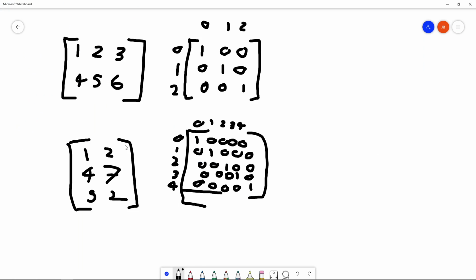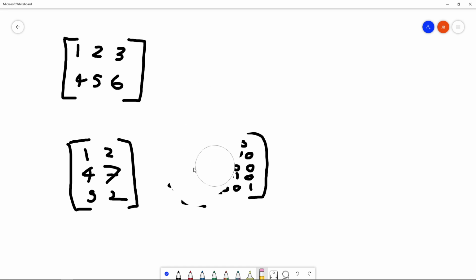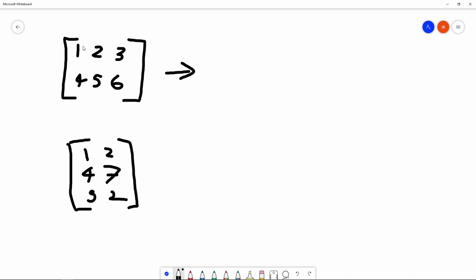Let's go back to our drawing. In this example, I'm going to go ahead and erase this quickly. Okay, that's our identity matrix. And let's say something. We're going to do what's called transposition. Transposition of a matrix says take every row and make it into a column, and every column and make it into a row. So if we were to transpose this matrix,